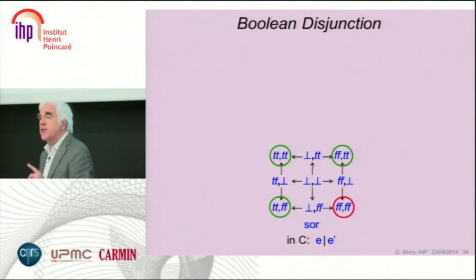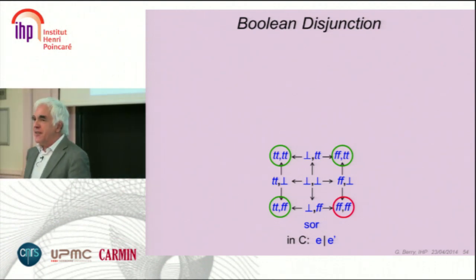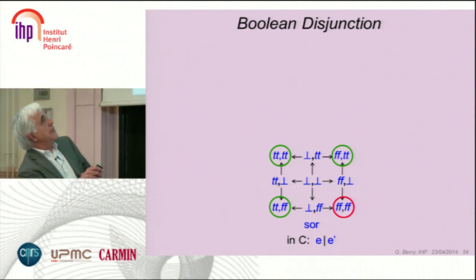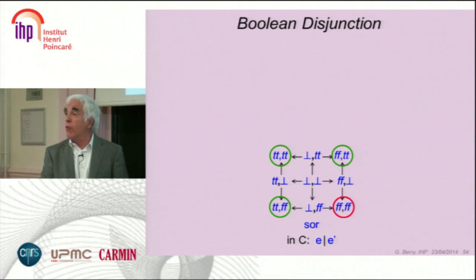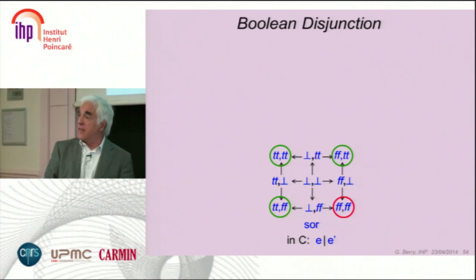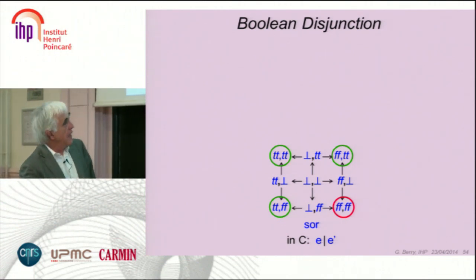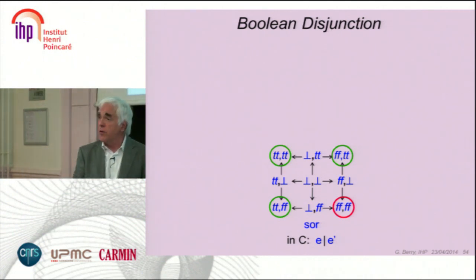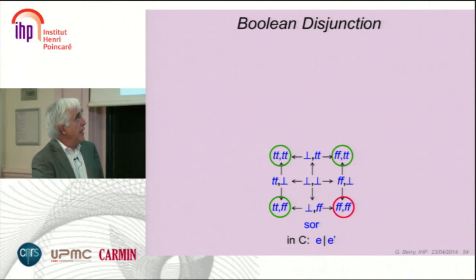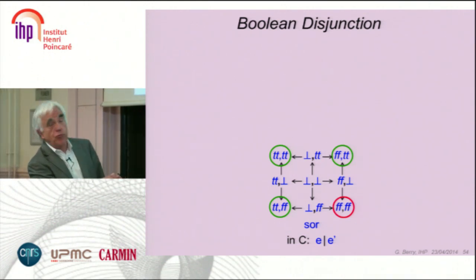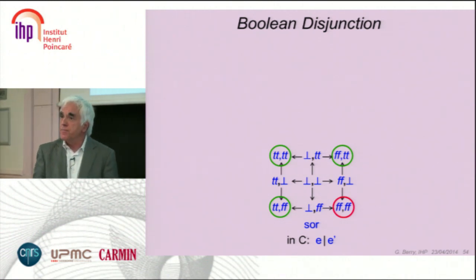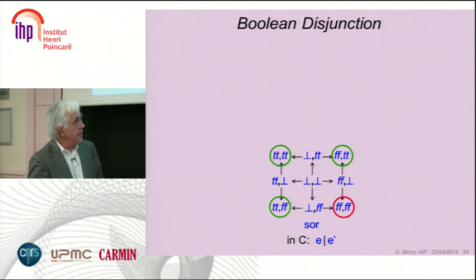But I want to come back a little bit on that, because it's a very nice difference between hardware and software. If you take Boolean disjunction in software, it's well known that there are 3 possible Boolean disjunctions. In C, you write E bar E prime, which is the strict one. That is, both arguments have to be defined. So this circle is true for true, true; for false, true; for true, false; but it's false for false, false. And then you deduce by monotonicity.